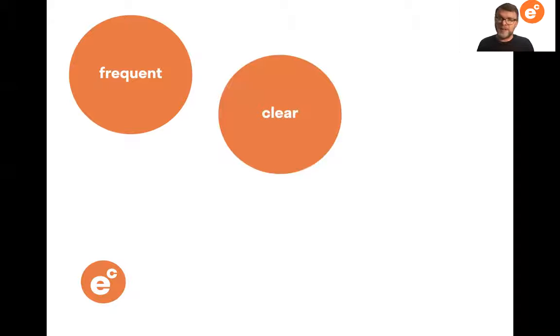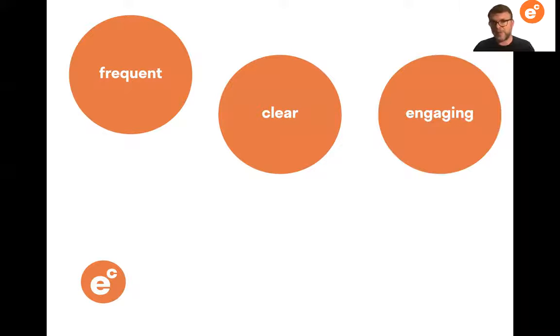Clarity is also massively important. And in the past, as an English teacher in particular, we can be a bit wishy-washy. Oh, your writing doesn't flow. You need to be clear. Your writing needs to use different types of sentences, compound, complex, and simple, for it to flow better. Next time you write, make sure you're using more complex sentences. It's that sort of level of clarity that the students can actually act upon.